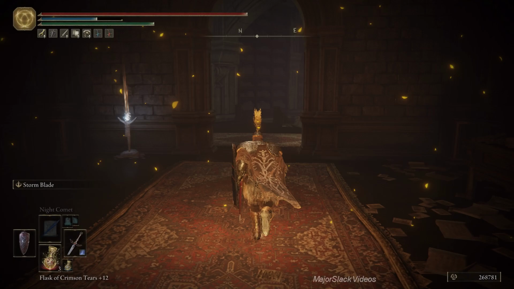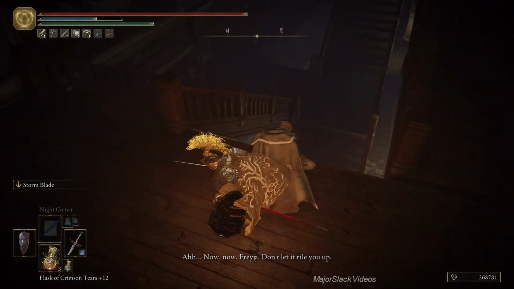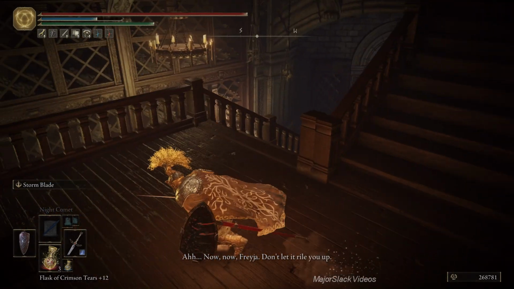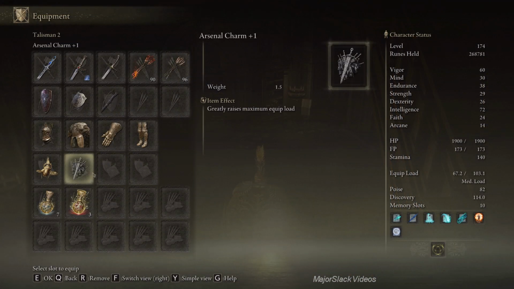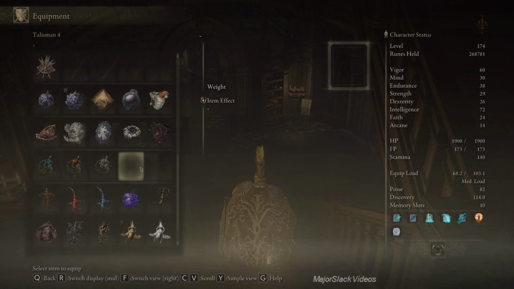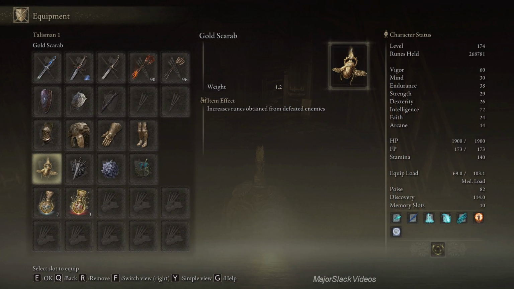Okay, and there's Freya. We want to talk to her, but first. Now, Freya. Don't let it rile you up. Okay, so we got lots of FP, so I'm going to refill. Pile up the magic buffs, which would be Graven Mass, Magic Scorpion,